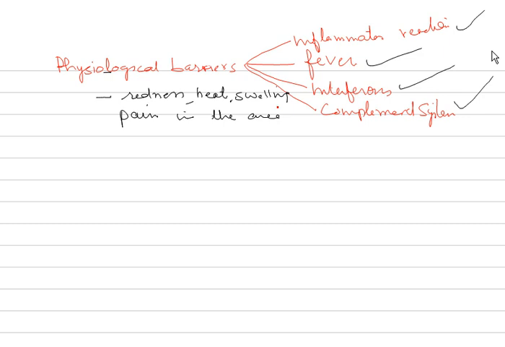Now this response is localized to the area of infection or where tissue injury has taken place. It is caused by the release of substances from microorganisms or chemicals. Chemicals are also called chemical mediators, released from cells in tissues. So these cells around release a chemical which is called histamine. This histamine is released from mast cells.